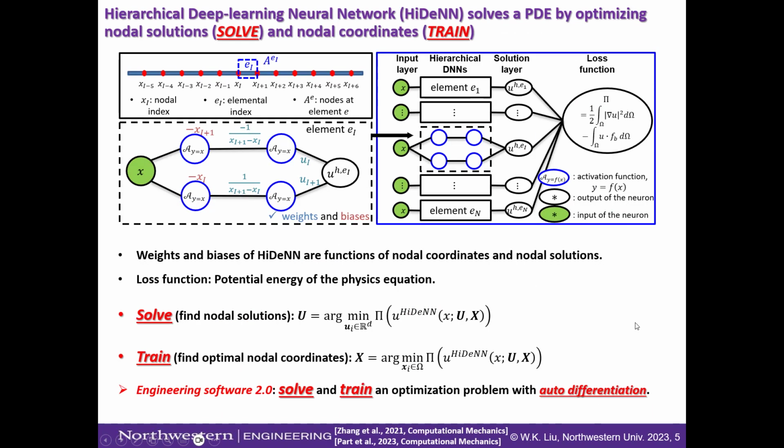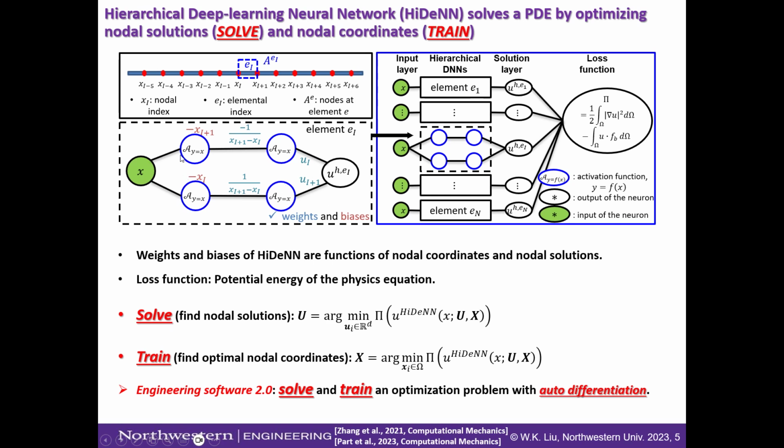So we applied the same idea to solving a partial differential equation. Here, the black dotted box is a 1D element interpolation. This is a piecewise interpolation, and you can view this as a standard linear finite element. This element-wise interpolation goes into the right-hand side black dotted box. This is for one element, and we have the same structure with different coefficients for different elements, element 1 through element n. We call these hierarchical DNNs, deep neural networks, and they output the solution layer.